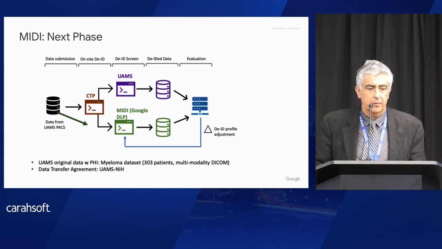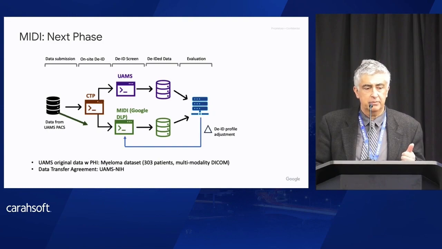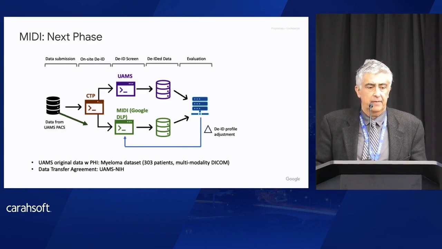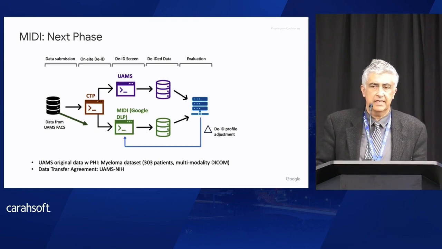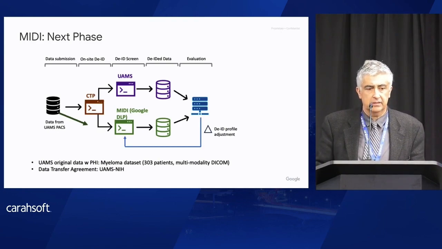What we are trying to do is first evaluate the performance of the MIDI pipeline on data with real PHI, real original data that's not been processed, and then compare its performance to TCIA. TCIA, that's been mentioned a couple of times, is the Cancer Imaging Archive, which has been around for 11 years, and it's very well known in the community of researchers for access to imaging data. That's the other imaging repository that NCI has,